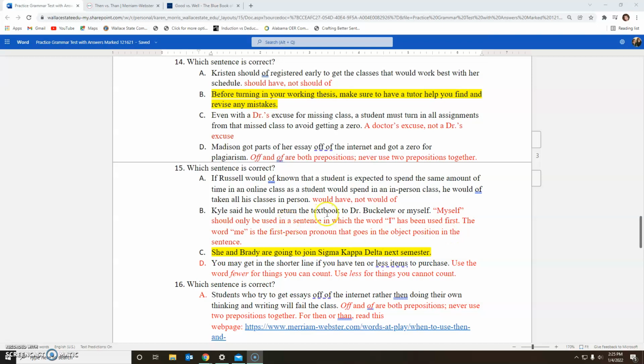Item B, this one gets students confused. This one gets professionals confused. People want to say you can give the textbook to Dr. Buckaloo or myself, thinking that "myself" sounds proper or sophisticated, and it's only correct to use the word myself in a sentence